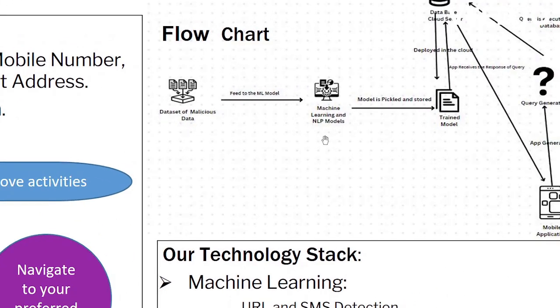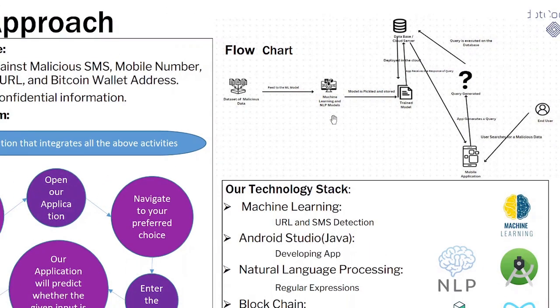After that, we use Flask, a Python technology, to make it an API, and then we use Postman to test that API. Our application indirectly runs the API behind the scenes. The model that we trained resides on the server. So what happens when a user uses the mobile application? He enters a query, the query is generated, and the same query is run on a database. It just asks the model to predict.